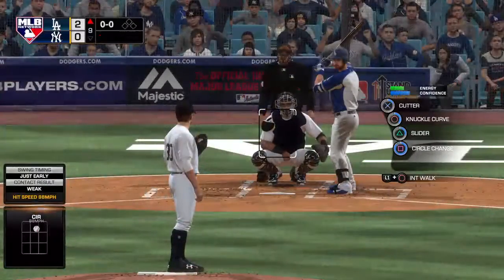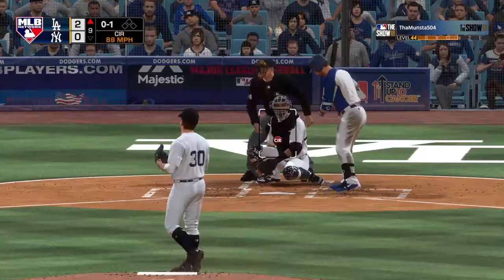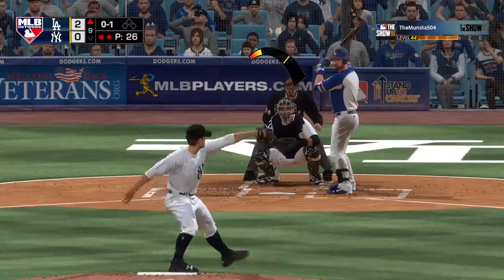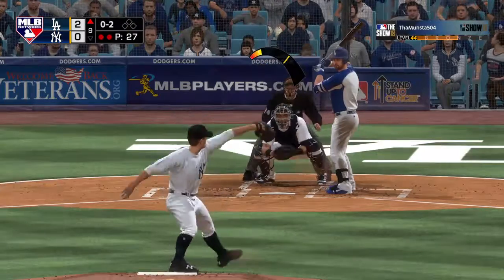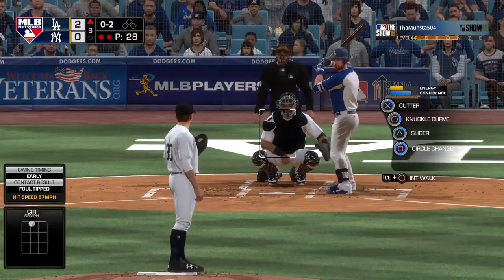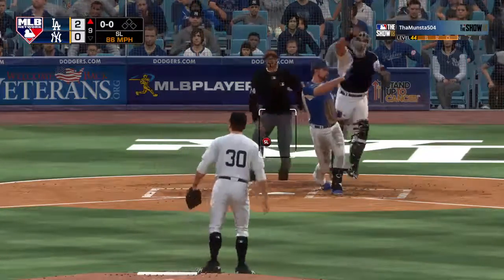Now to the plate is the Dodgers' designated hitter, Logan Forsythe. He's got a hit in 3 at-bats to this point. Strike 1 to start the at-bat. The bases are empty here with 2 men out. You're grinding so hard at the plate right there, expecting something on the corners, and what happens? Swing and a miss. That retires the...